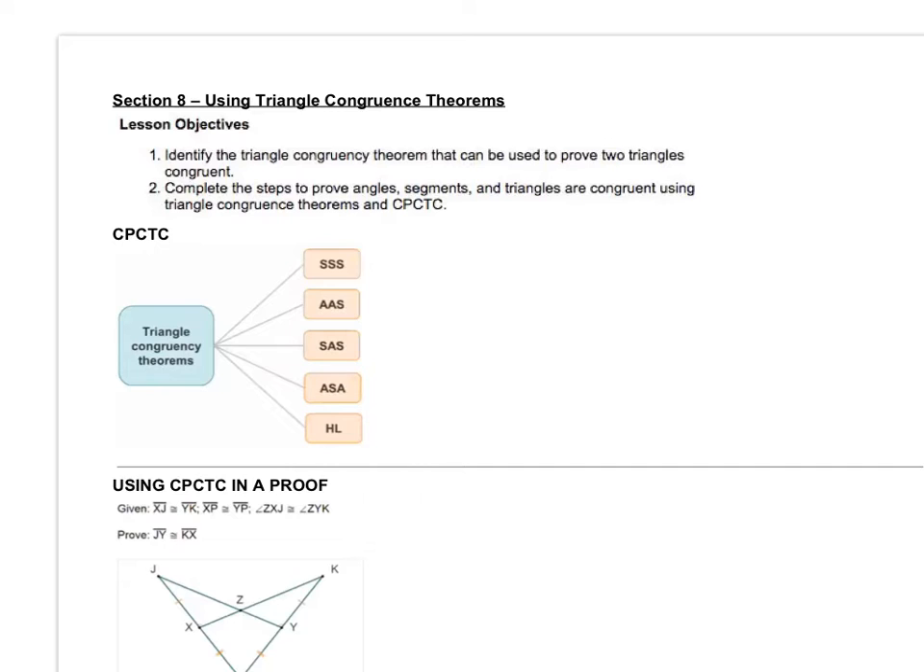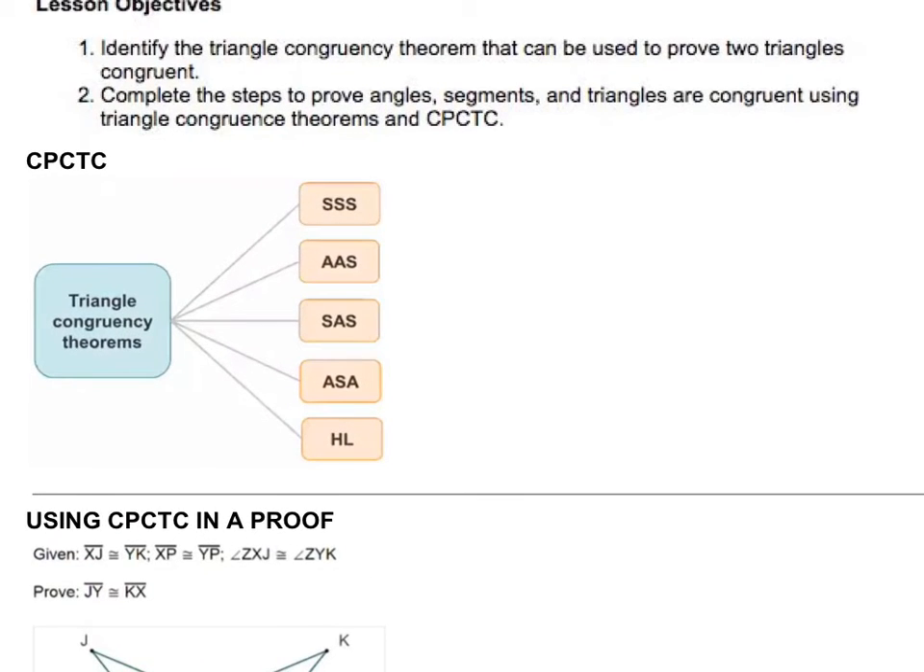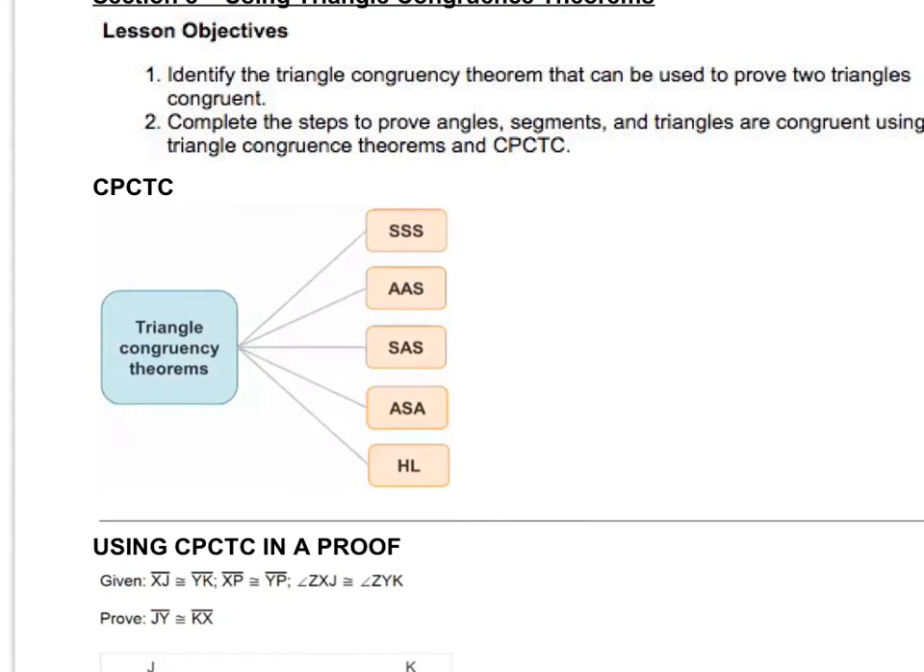This is geometry, section 8, using triangle congruence theorems. The one thing that we haven't talked about is kind of the last one. We have all these triangle congruency theorems: side-side-side, angle-angle-side, side-angle-side, angle-side-angle, and hypotenuse-leg. Okay, so when you prove a triangle congruent, you know that the corresponding parts of